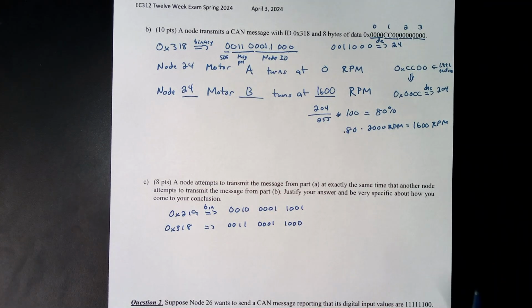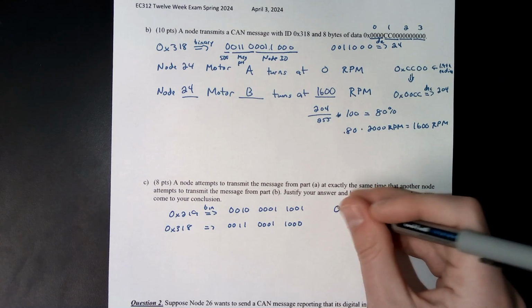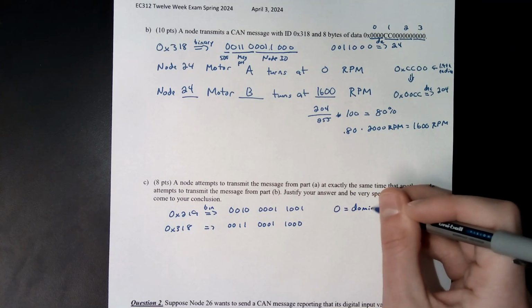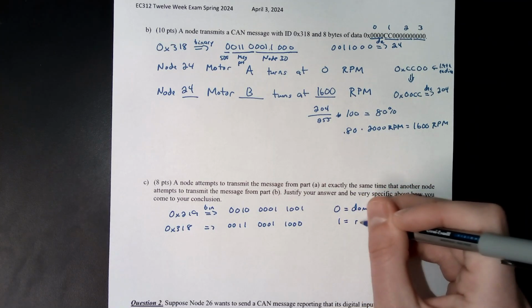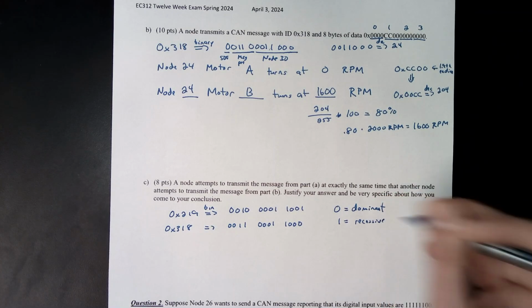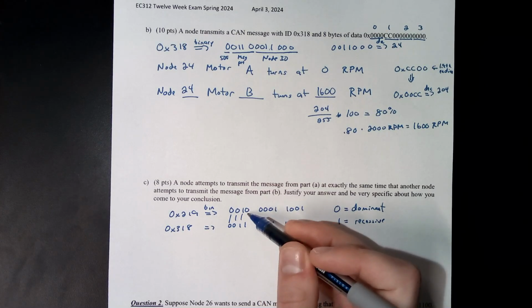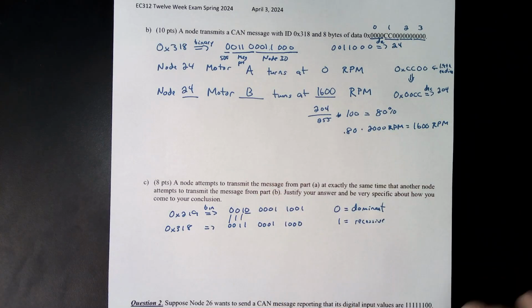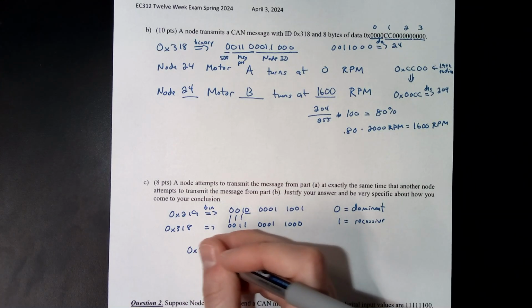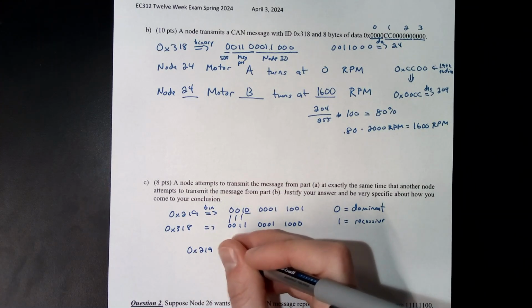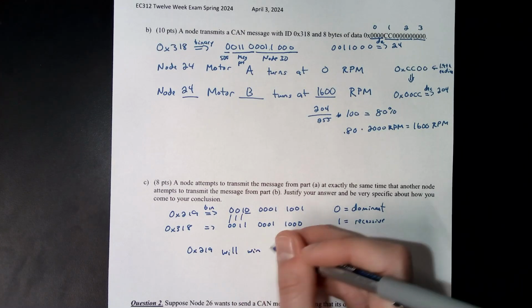And we know that the way this works is that whoever is dominant on the bus is going to win, and 0 is dominant, 1 is recessive. So we read from left to right, matches, matches, matches, and then the top message wins. So 0x219 will win the bus arbitration,